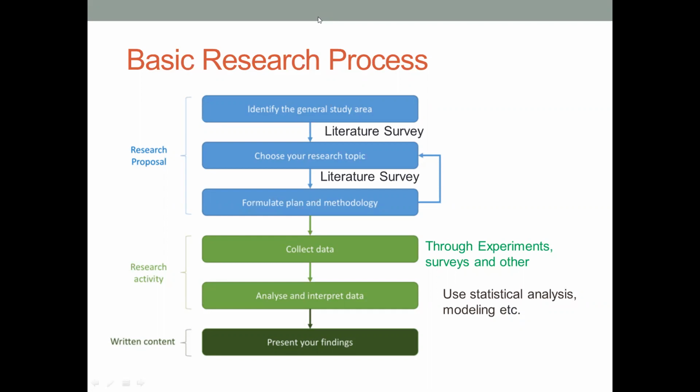Okay, after you choose your topic, you formulate your plan based upon the hypotheses that we talked about previously. Then you set up a proper methodology according to the previous literature that has been published. After you formulate the methodology, you can write the proposal, which consists of your research topic, background of your research, and also what you are going to plan and what are the methods that you are going to use,